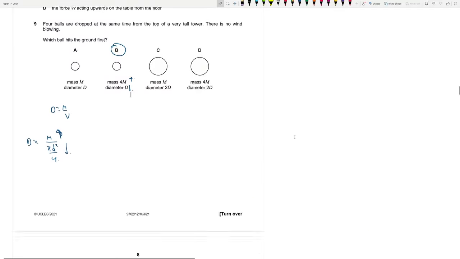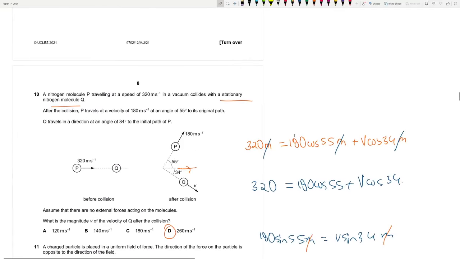Okay. For 10, nitrogen molecule P traveling at speed 320 in a vacuum collides with the stationary nitrogen molecule Q. After the collision, P travels at velocity 180. Q travels in a direction at an angle 34 degrees to the initial path of P. Assume that there are no external forces acting. What is the magnitude of Q after collision? Okay. So basically, we only had horizontal momentum before collision. So after collision, we must only also have horizontal momentum. Since both of them are nitrogen molecules, their mass is the same. So equating horizontal momentum, 320 into m plus 0 is equal to, horizontally,